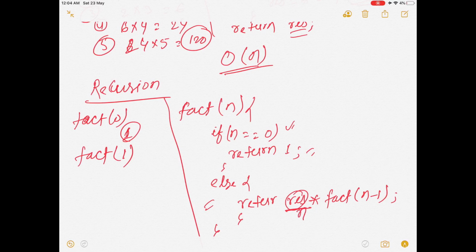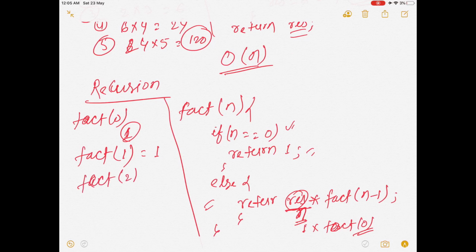This is a mistake I have made, so please understand this. This will be n. So n is equal to 1 and then factorial 0. N minus 1 is 0, and you already know this is equal to 1. So we will get return as 1. So this will be equal to 1.